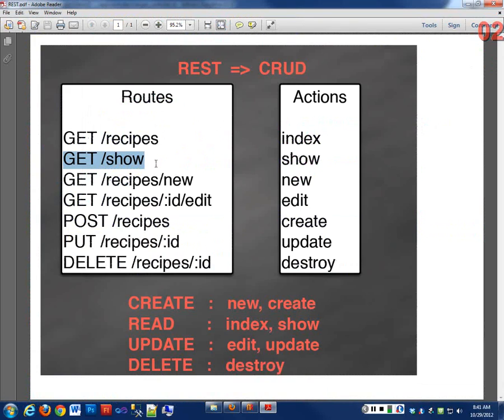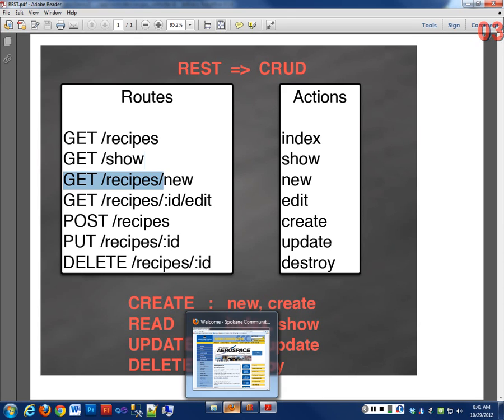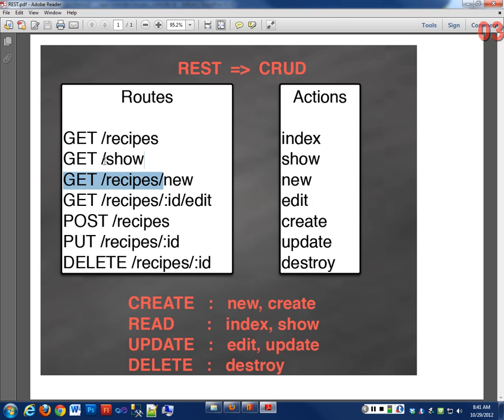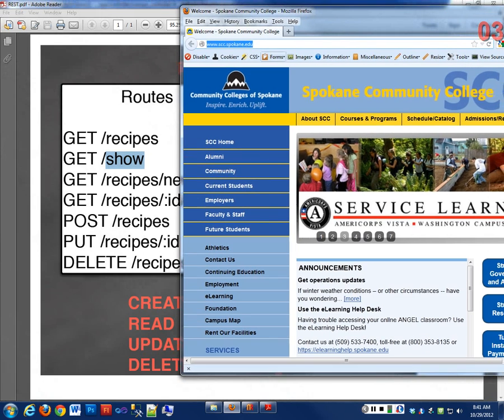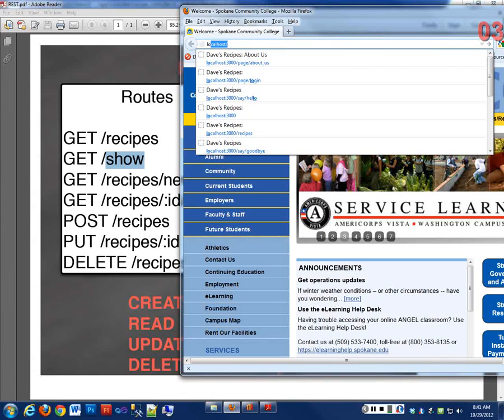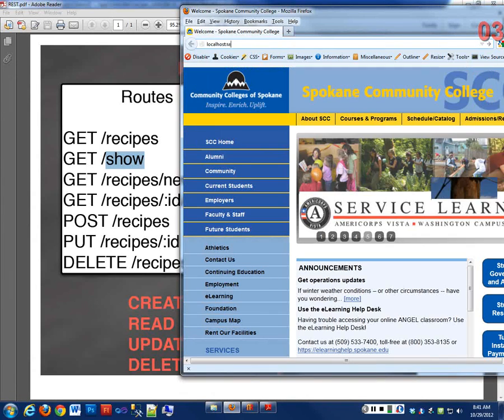Actually, that's not right either. Wow, this is bad. This should be get /recipes/ID. So if I go to my localhost here, and I look at my recipes controller,